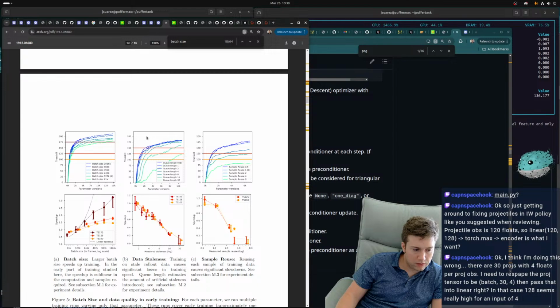I think I'm doing something wrong. There are 30 projectiles with 4 floats per projectile. In that case, 128 seems really high for an input of 4.